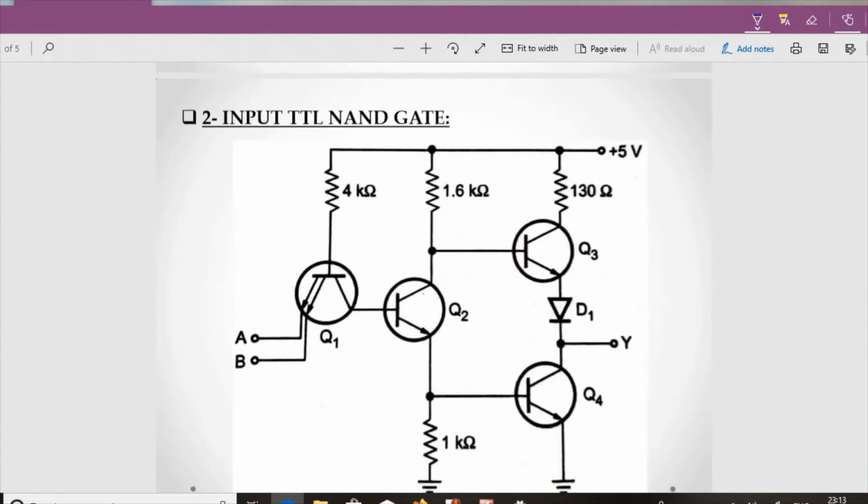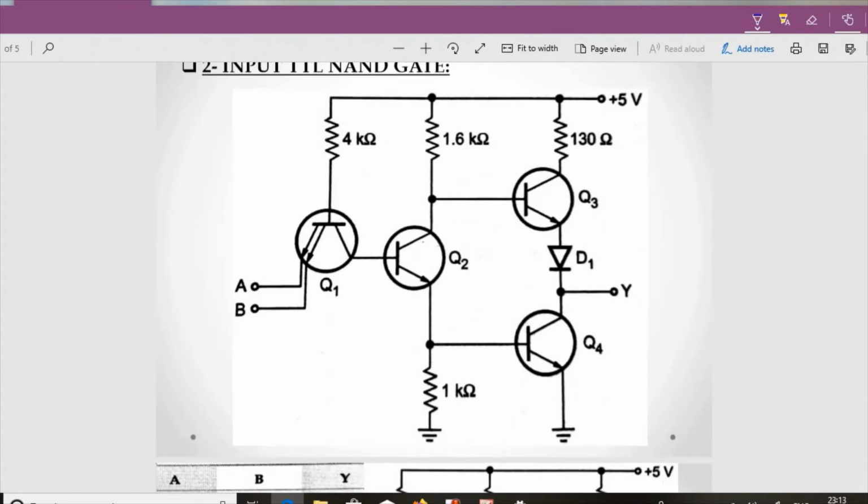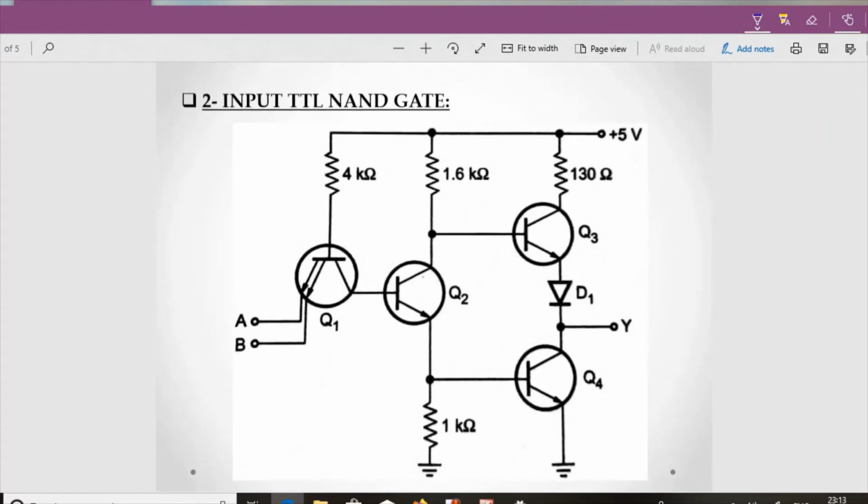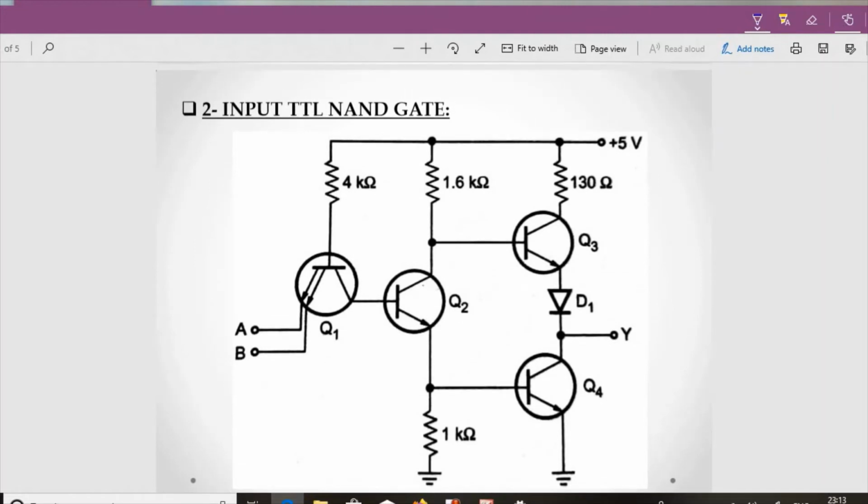So now we will go with TTL as a NAND gate. Now this is the general complex structure of TTL, but it is not that complex. Here you have got the transistor. Now this transistor particularly is very important. In this transistor, you have got two emitters. We have got this supply, then these two emitters are taken out as terminals A and B. That would be our input at present.